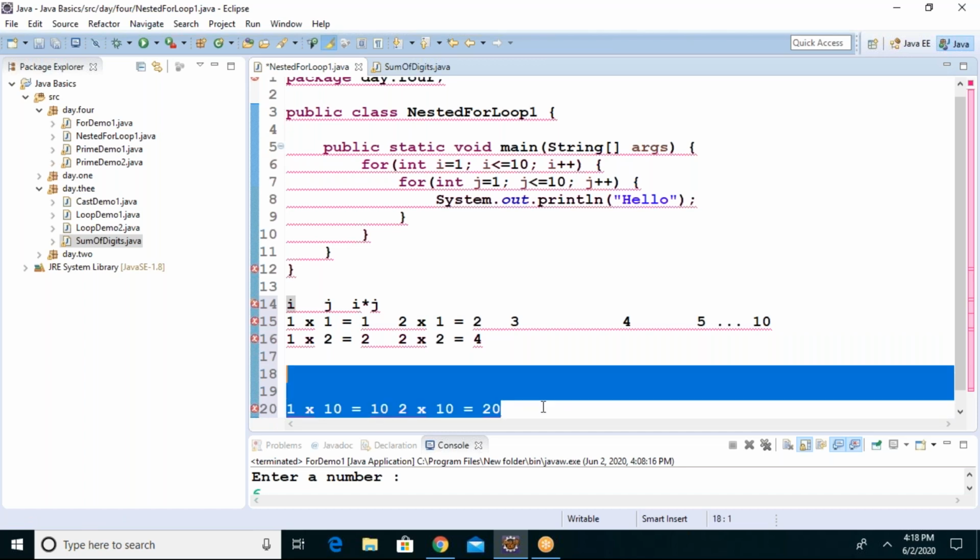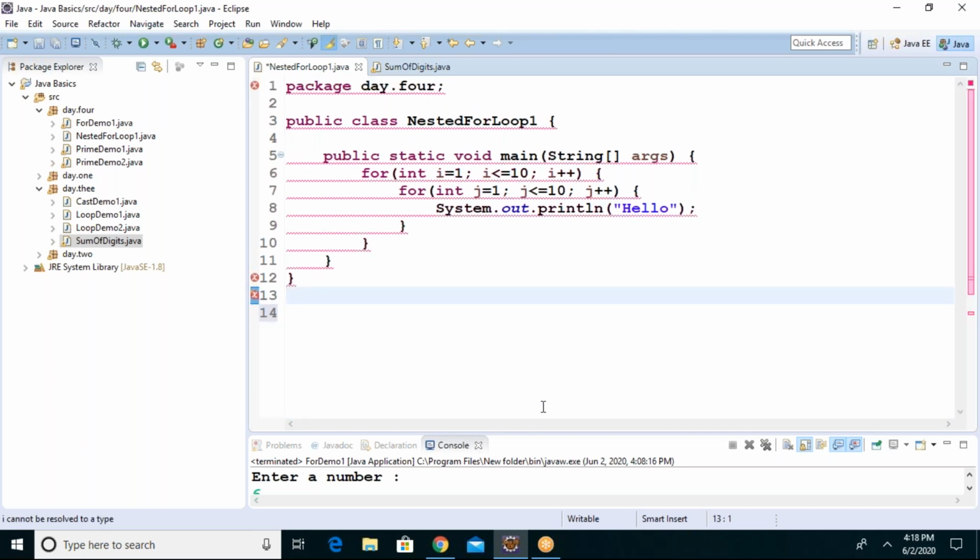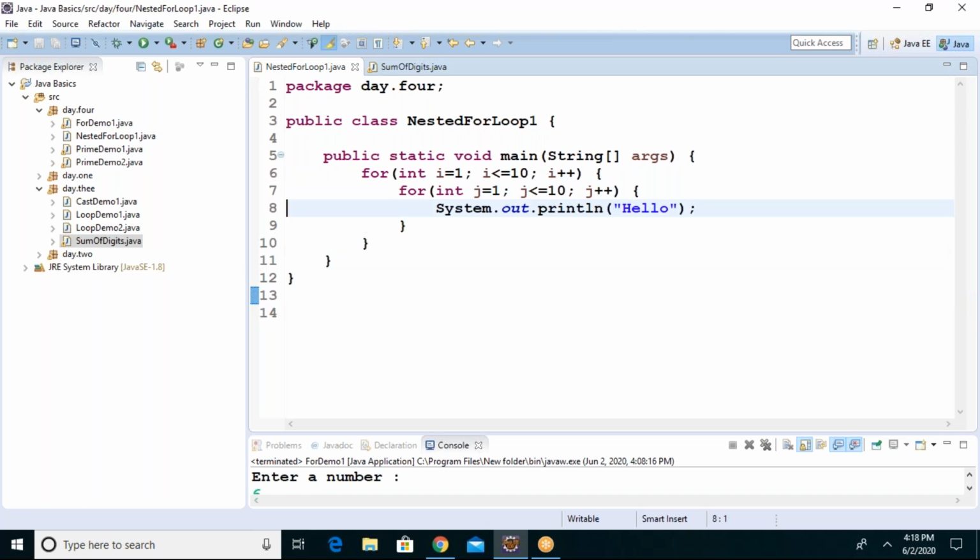In this way, continue the nested for loops. So now let me decorate this according to my requirement. i plus, correct, plus what next? j plus equals, i into j. That's it.